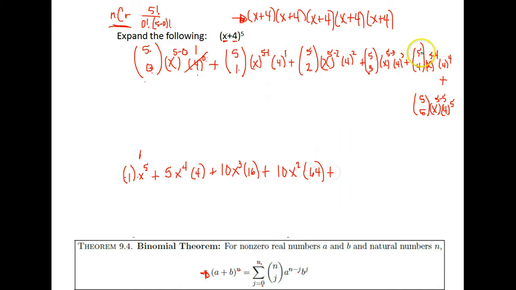Plus, 5 combination 4 brings me back to just 5 again. Here for my power in the x, 5 minus 4 is x to the first power. 4 to the fourth power gives me 256, so I'm multiplying by 256. Plus, here's my last one, 5 combination 5 is just 1. Here 5 minus 5 would be the 0 power, and anything to the 0 power is just 1, and times 4 to the 5th,